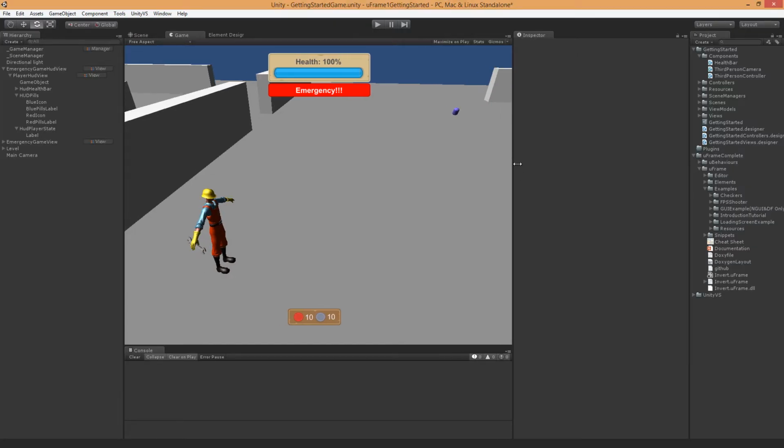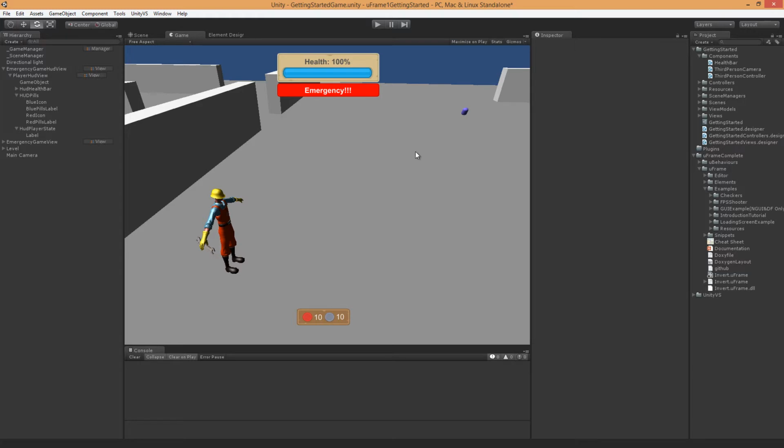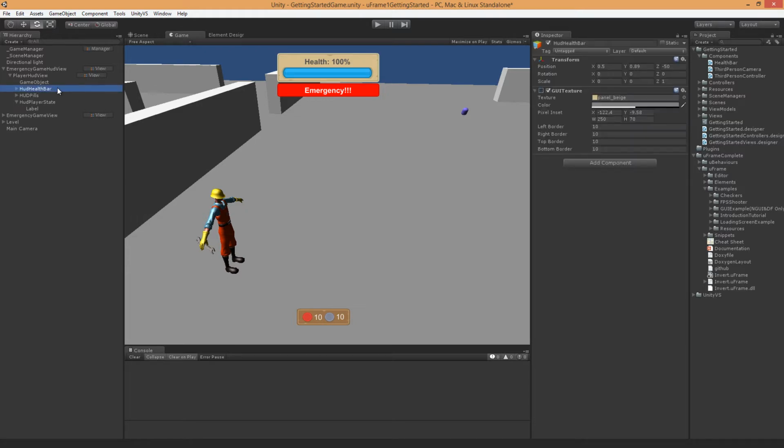Alright, here we are again to continue on with our HUD. And what I did, I took a little bit of time just to make this look somewhat more appealing. It's nothing too fancy. I just used the regular GUI textures and kind of moved things around a little bit. Basically all I did was I duplicated this health bar. I haven't wired everything up yet, but I duplicated this HUD health bar to create this HUD player state, which